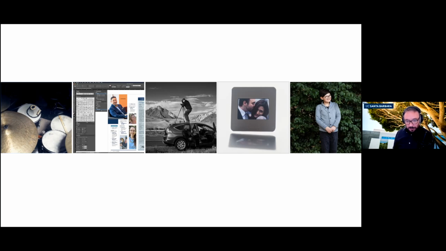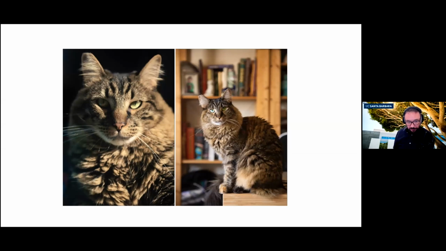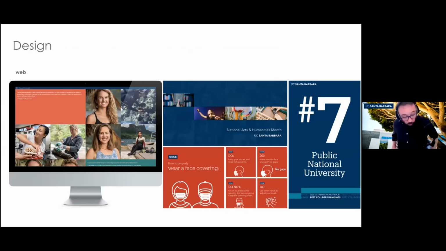So let's jump into what I do at UCSB. I forgot there's an extra slide in here. By the way, I love cats, so I just threw that in here. These are my 2 cats. They're both Maine Coons and they're siblings. That's Magnus on the left and Madge on the right. And we rescued them from a Maine Coon rescue operation. They're just amazing.